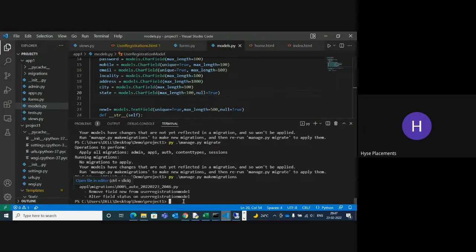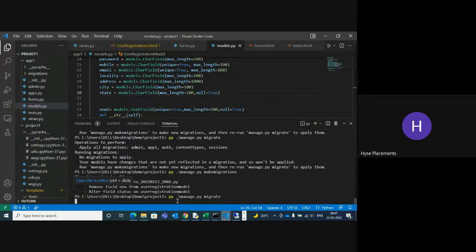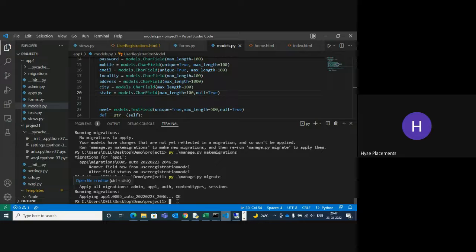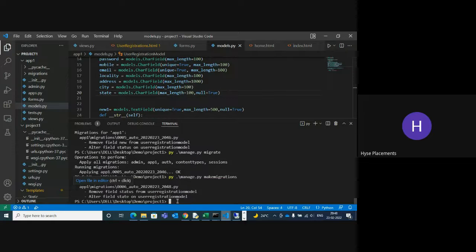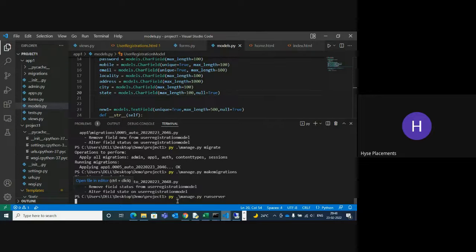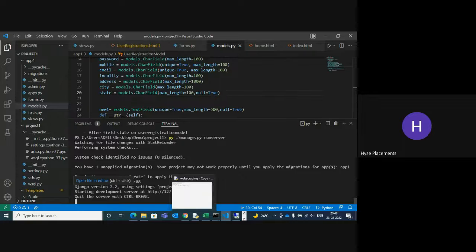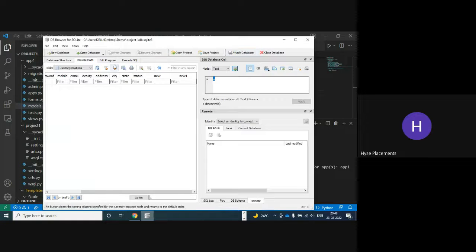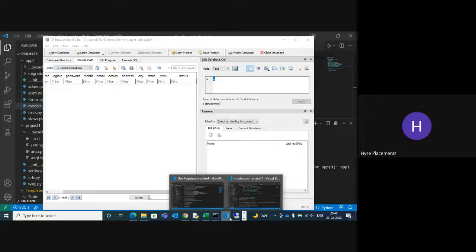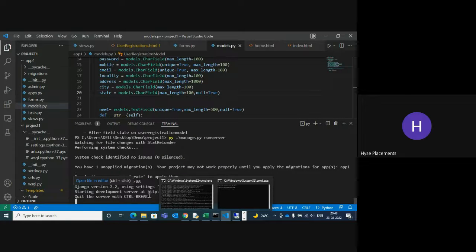Okay. First of all, you can run your server now. Okay, status also I removed and again first of all migrate. Okay, it's migrated, migrations applied and make migrations also you can apply now. Okay, and next you can run your server now. Okay, you can go and check your database once. Once I refresh it, you can check. New will be, status will be present. Okay, it's not. Sometimes it stores the values because it's not getting.